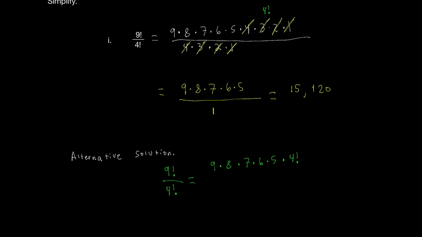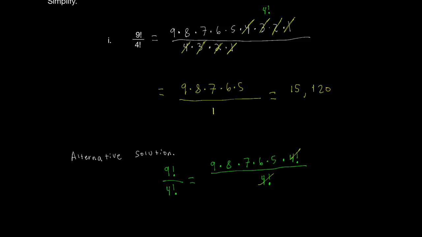Instead of expanding all the way to 1, I'm going to stop here at 4, and notice that I still have the factorial where I ended. Now here, all of this is getting divided by this 4 factorial at the bottom, and now when I do my cancellation, I can cross out the 4 factorial from the denominator with the 4 factorial from the numerator,